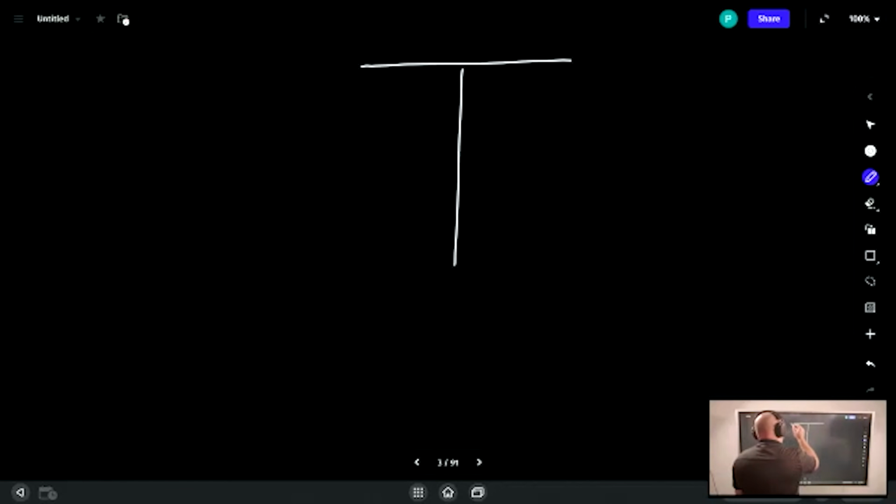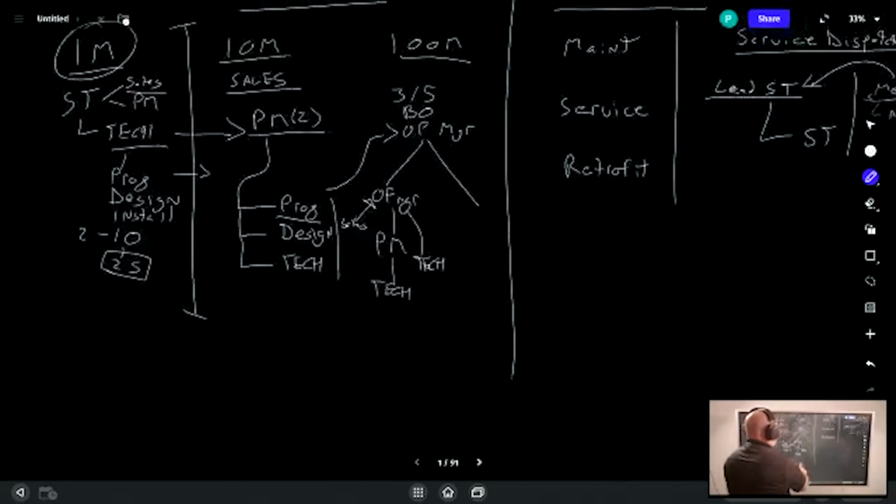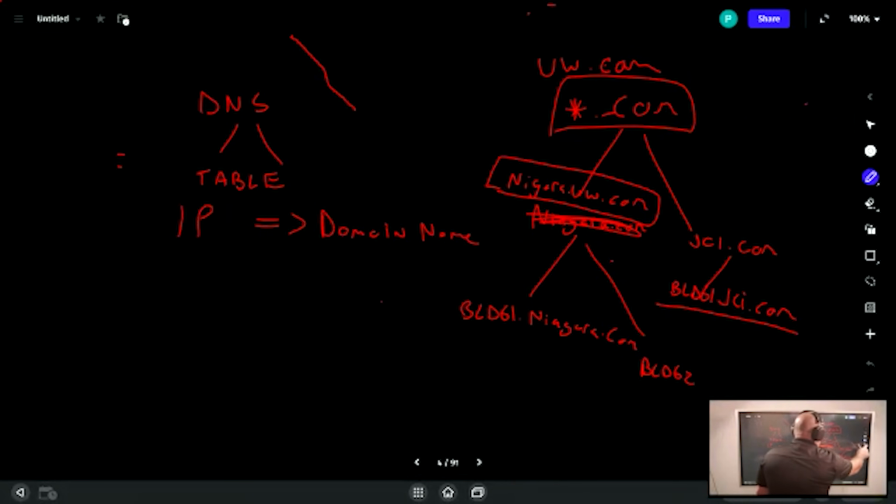All right, so let's talk through some KPIs. I was talking with my team earlier today, bouncing ideas off them around KPIs. We came up with a couple. So I'm going to break these into construction and service KPIs. And I'm a firm believer that if you want to grow from this 10 million to 100 million revenue market, one of the best ways to do that is through service work. Because if we look at a traditional market,